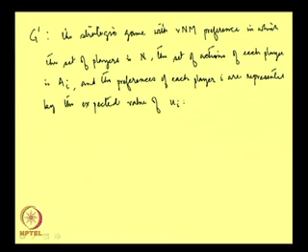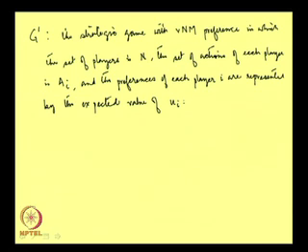So, we have basically defined two games with similar characteristics, but there are some subtle differences. In both the games, the set of players is the same, which is capital N. The action set of each player is also the same. In the previous case it was capital I, here also it is capital I for player I.